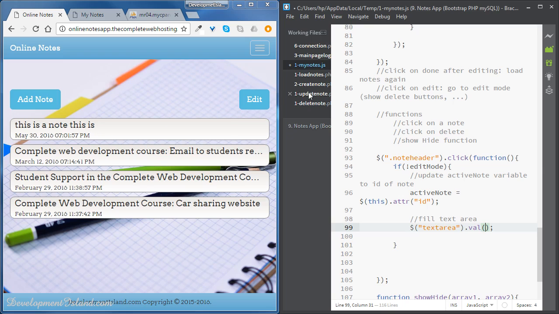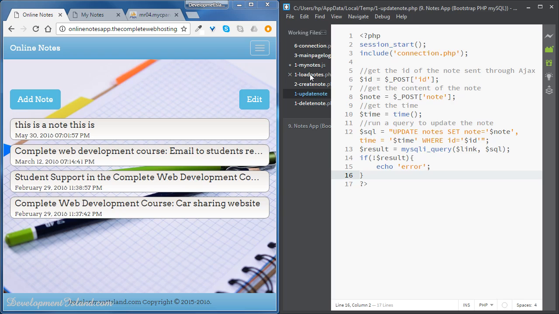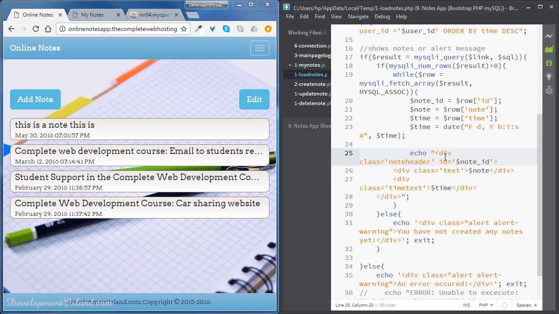Let me show you. When we loaded the notes, this is the div, that's the div, the containing div is this one. So inside that div, we've got a couple of divs. We want the content of the div of class text. All right, so to do that,